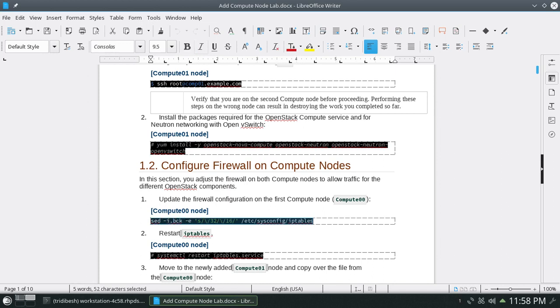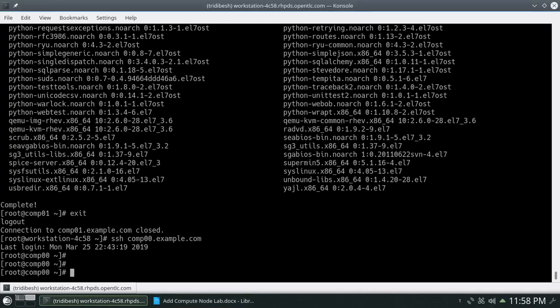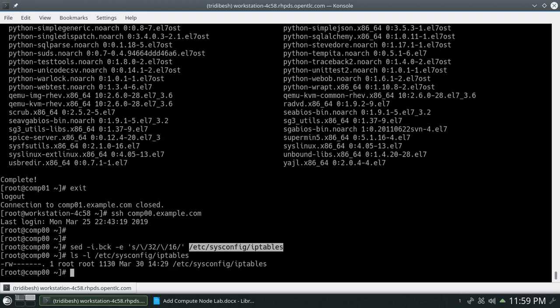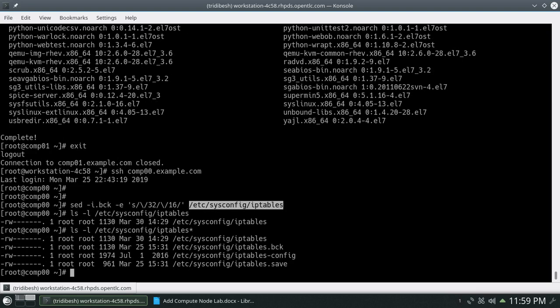Instead of that, we will be communicating with a network range. So we will be replacing 32 with 16 so that it will be able to communicate inside the same network. It's been done. You can verify whether it took a backup or not. Yes, it is a new file and this is the backup file which I have created.